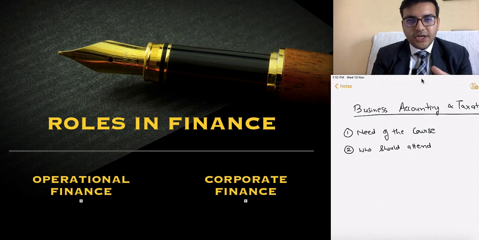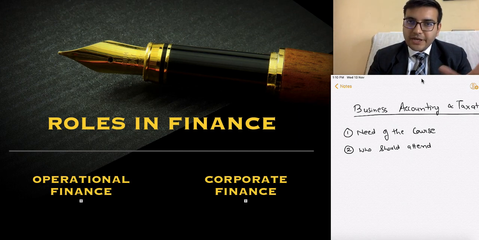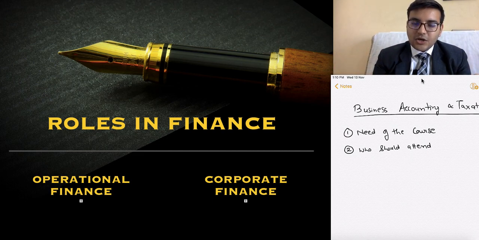Not only from the finance perspective but throughout, you might have heard about operational management, right? Similarly, all the industries have developed this way, whether manufacturing, service industries, or retail, wherever it is. Now there are two types of departments within finance. Number one is operational finance, and number two is corporate finance. Now, why is this bifurcation there?